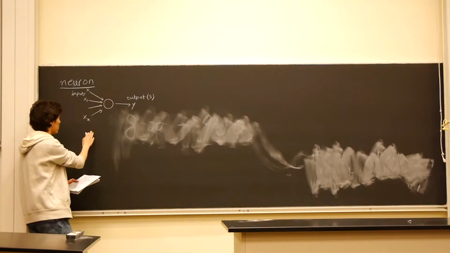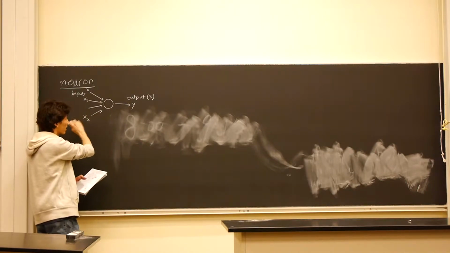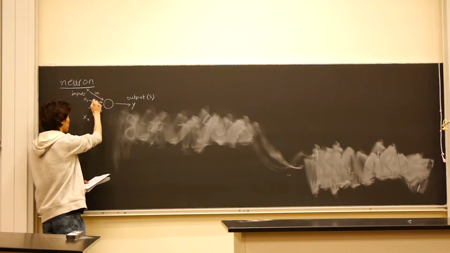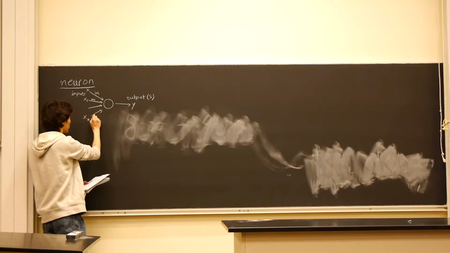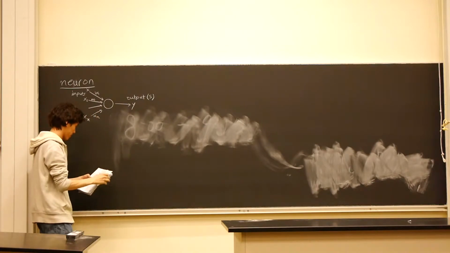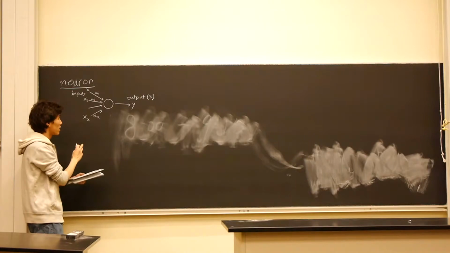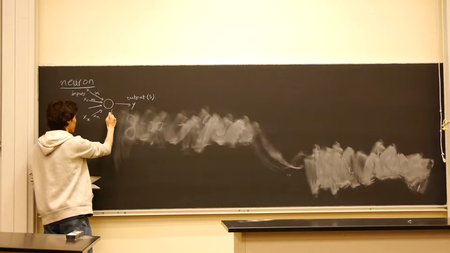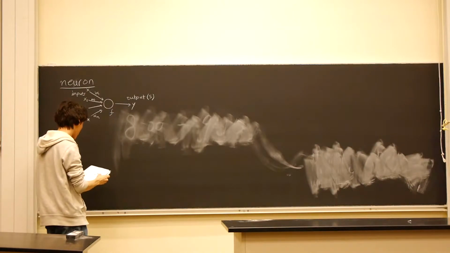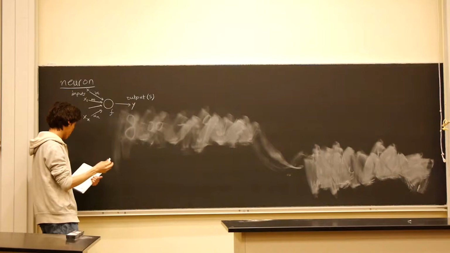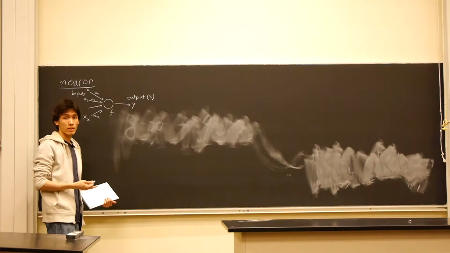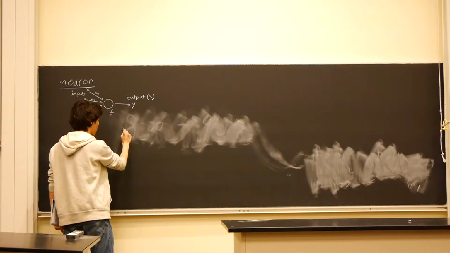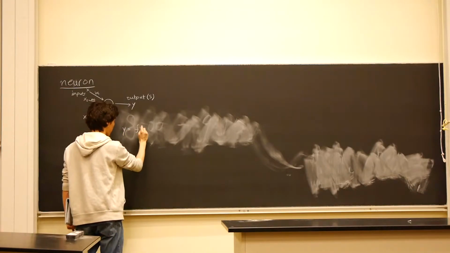The input connections are usually associated with some sort of weight, typically denoted by a W. And the neuron itself has some sort of activation function like F, which is typically nonlinear. This is what you apply to the weighted input sum. So y would just be equal to F